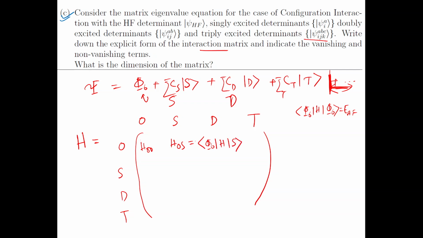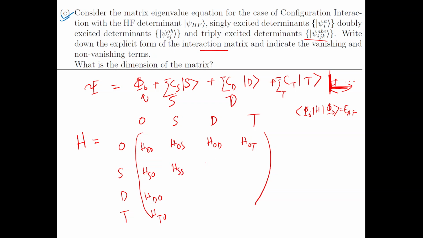Then you have H0D, H0T, and so it will be HS0, HD0, HT0,